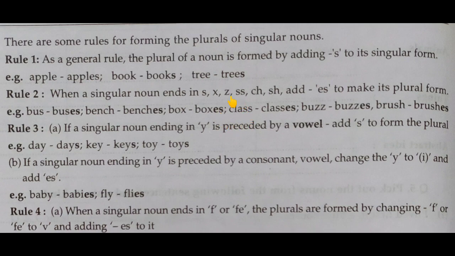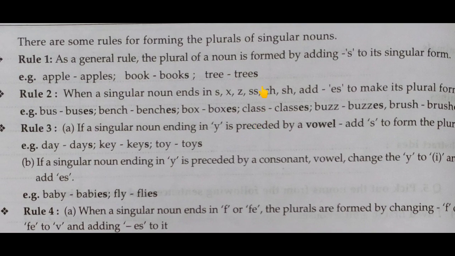The fourth word is class. Okay. So class is singular, but when we want to use it in plural, then the class ends with double s. That's why we add only es at its end. Classes. So the singular form is class and the plural form of this noun is classes.